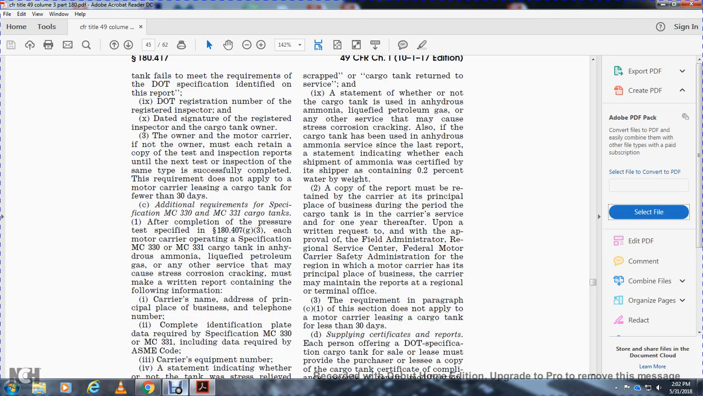Additional requirements and specification for the MC 330 and 331 cargo tanks after completion of the pressure test specified in 180.407(g)(3) of the motor carrier operating specification MC 330 and 331 cargo tank of the anhydrous ammonia, liquid petroleum gas. Any other surface that may cause stress, corrosion, cracking must be written with a report containing the following information: